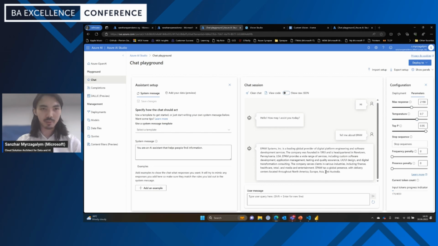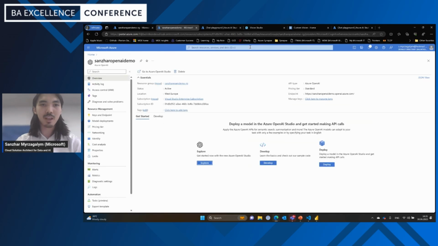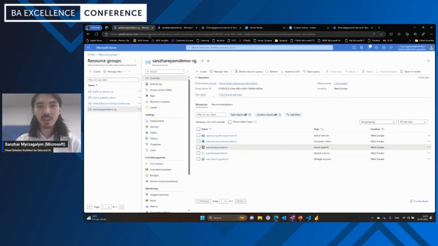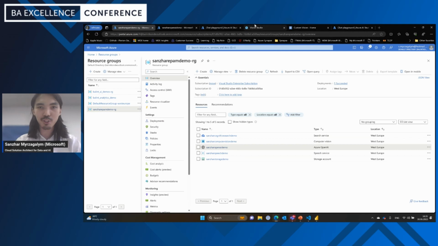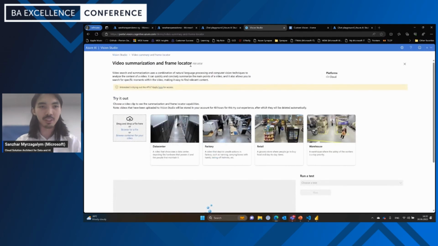So this is regarding the GPT AI, OpenAI services. We'll come back to it in a minute. But other than that, we also have different services, like, for example, cognitive search for implementing search through big amounts of documents. We have computer vision, for example, and I have it open here, the Vision Studio, where you